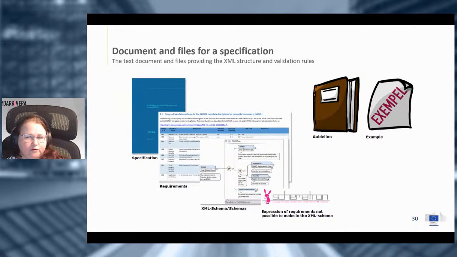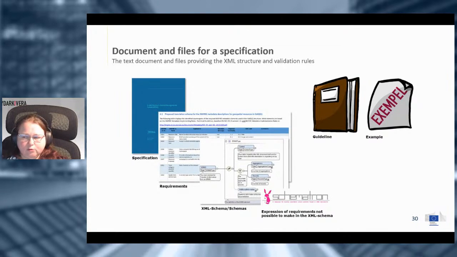To that, as I said, we were using XML. With XML, you can create an XML schema or XML schemas that contain the rules. Upon that, we need to have the pink bunny schematron, because sadly not all rules are possible to express in the XML schema. You need to use schematron to make more explicit expressions of the requirements. So you can actually make them depending on other requirements and so on, and do a lot more checking that the requirements are being followed. That is the technical part of it.